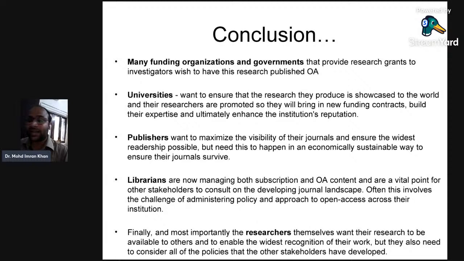obviously, and all of you must agree with me on that count, open access journals are more visible, well known, and popular among researchers than subscription based journals, because the publishers also want that, and they ensure the widest readership possible, but this needs to happen in an economically sustainable way to ensure their journal survives. They actually have their model. Sometimes they charge you the article processing fee, and certain things we have seen in open access journals wherein you have to pay a high publication fee also.